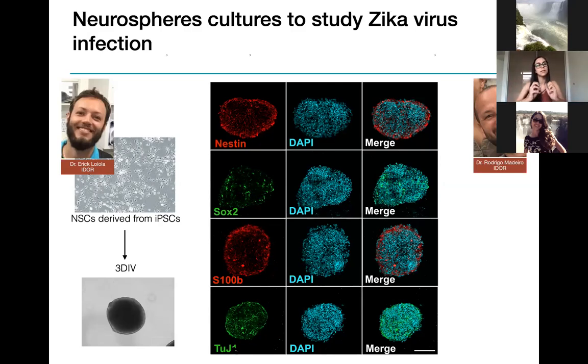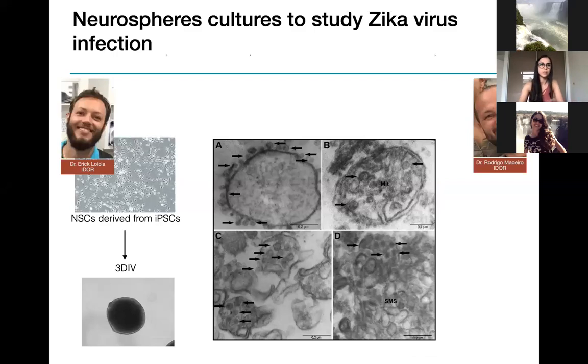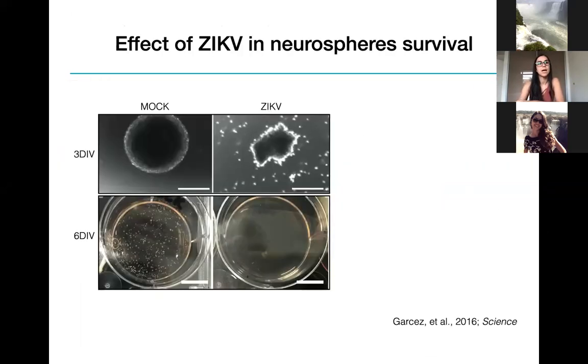So you can have the neuroprogenitors giving rise to glia and neurons very quickly. So in a week, you can already assess proliferation and also survival. And by electron microscopy, you can see here that we could find the Zika virus in those neurospheres, and that was actually performed by Dr. Rodrigo Madero. So after 3 days exposing the neurospheres with Zika, we could see very fast, only after 3 days